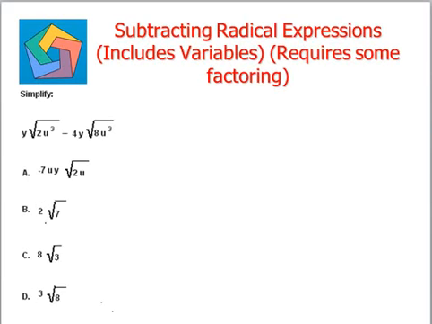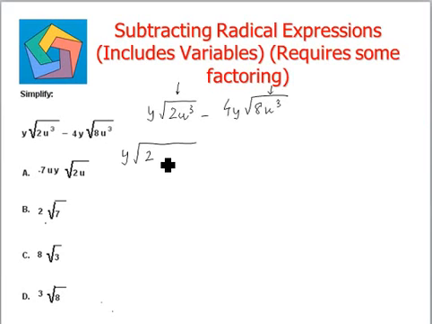Moving on to the next part, simplify. We are given the question y square root of 2u cubed minus 4y square root of 8u cubed. Now here we see that inside the radical the terms are not similar, so we'll try some factoring. So y square root of 2 u cubed can be written as u squared times u minus 4y. 8 can be written as 2 times 2 times 2, while u cubed can be written as again u squared